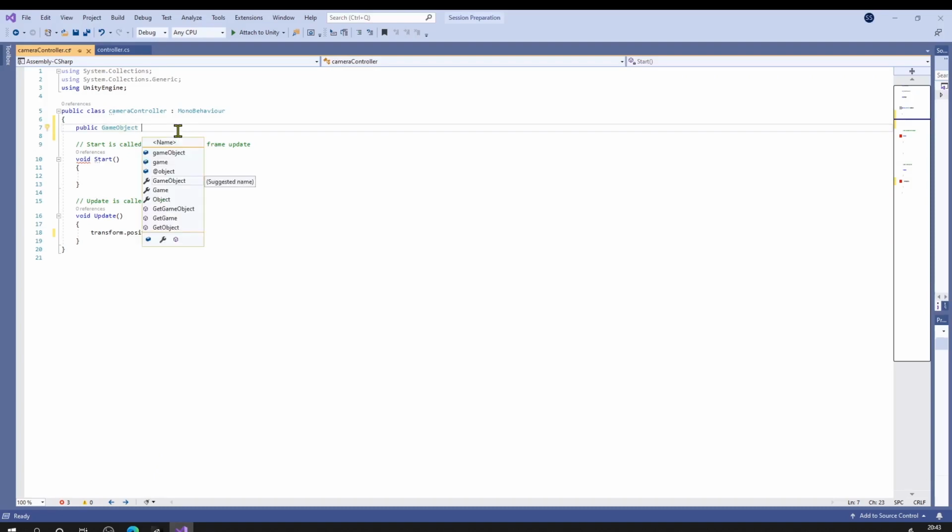And I will name it player, or you can even name it ambulance, but I will have it as player. So what I want is player, now referring to this game object dot transform dot position. Okay, press Ctrl S to save. Go to your Unity window,